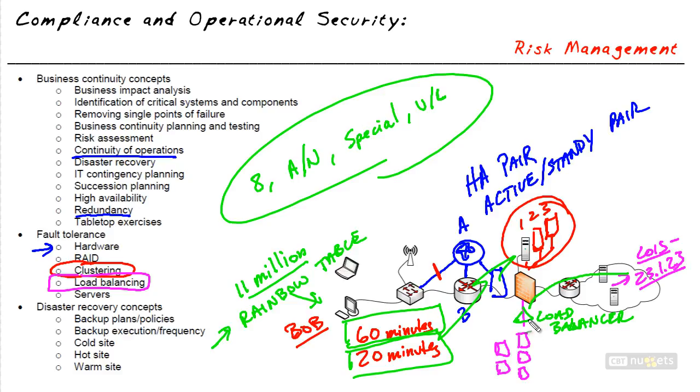And what the load balancer can do is round robin. It can say, okay, the first request goes to the first server. And then we have Jim, who makes another request, and that goes to the next server. And then Jane makes a request, and the load balancer says, oh, you're going to the third server. So it can distribute the load across multiple devices, and that will give overall better performance for the set of users who are using those services.